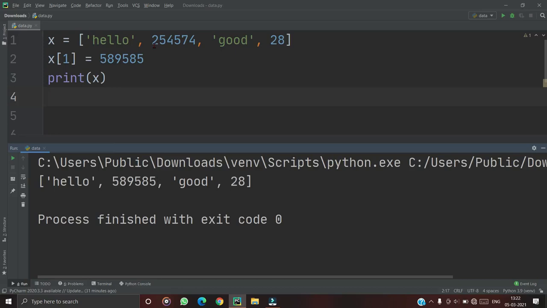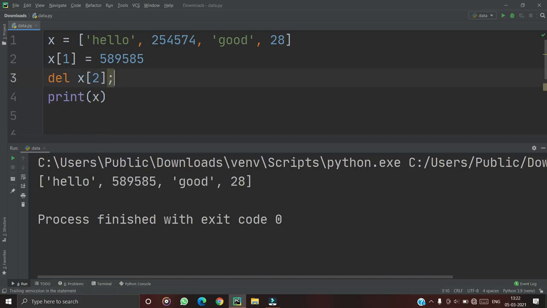The next is deleting an item in the list. If I want to delete hello in this list, I just need to type del x of the index.